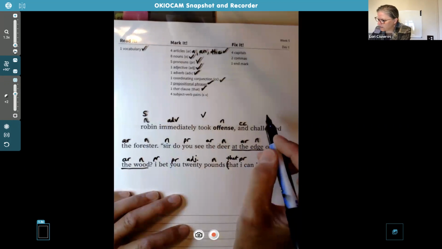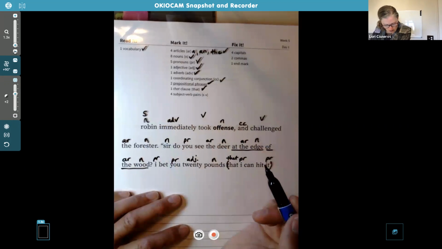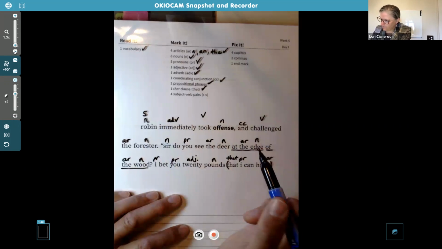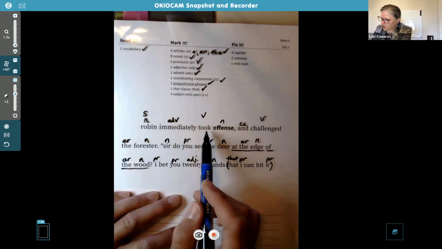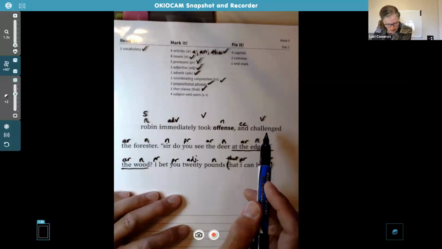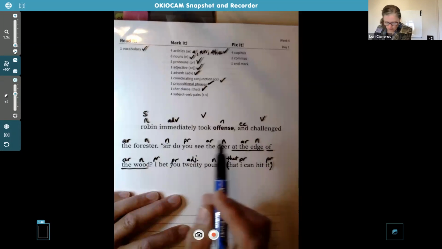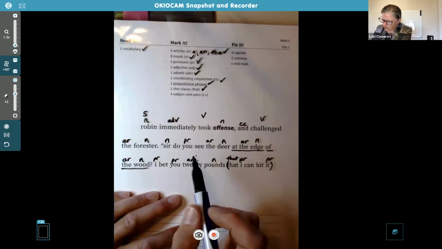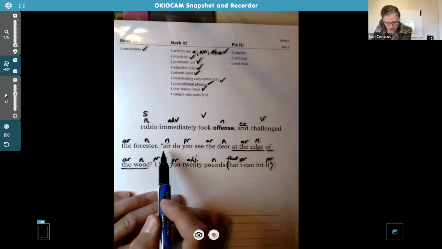And challenged, go ahead and put a V above that, the forester. So we have the subject Robin, and took and challenged as the verb pairs. I'm just going to help you with this part because I need to move a little faster. But here's this example of that